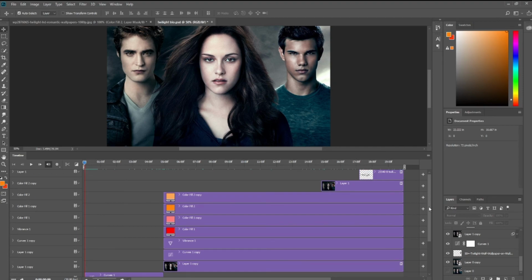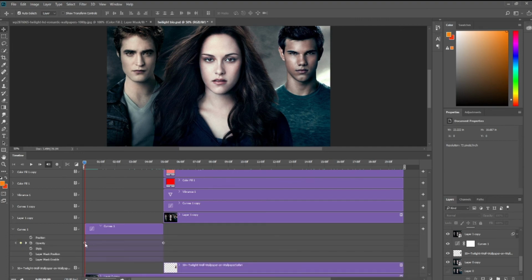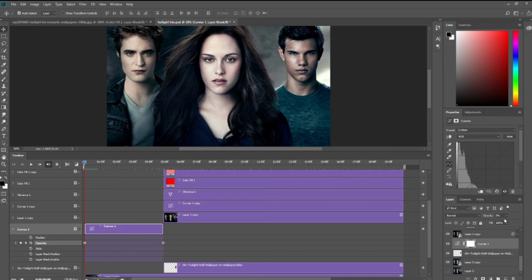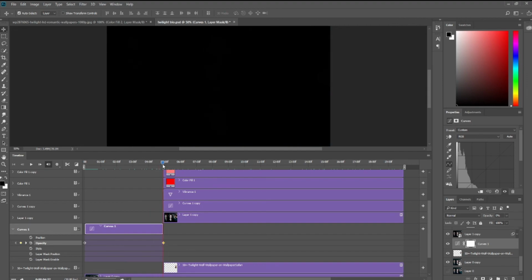Now let me show you how I created the points of the opacity. Just as you can see, there is the opacity selected, and you can see these 2 points. At this point the opacity of the curve layer is 0, as you can see, and at this point let me drag the timeline first to that point. At this point the opacity is nearly 91%, almost 100. So you can see that you have to just play with the opacity and all the layers will animate.